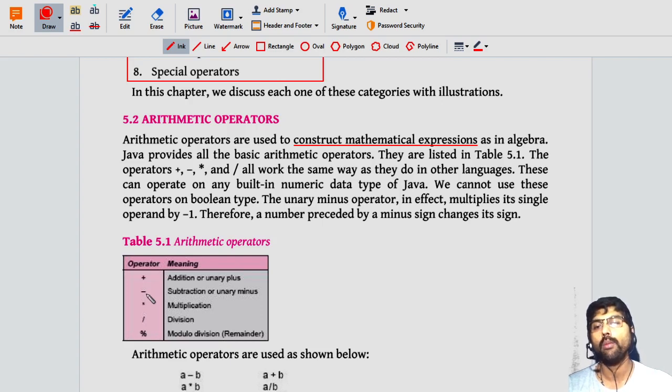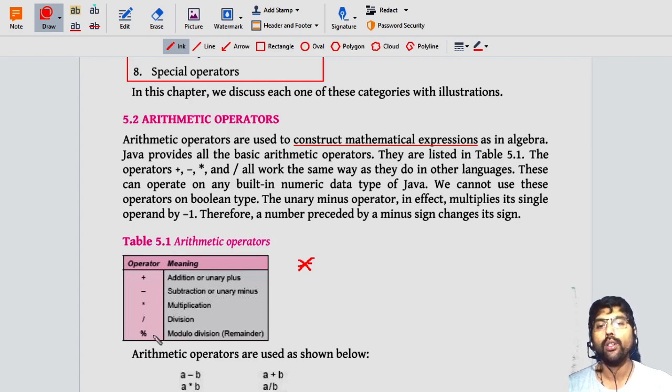Like that, I have some more arithmetic operators like subtraction or unary minus. Here the multiplication symbol is asterisk, star. I am using the multiplication symbol this way. And the division symbol is there, the division operator.